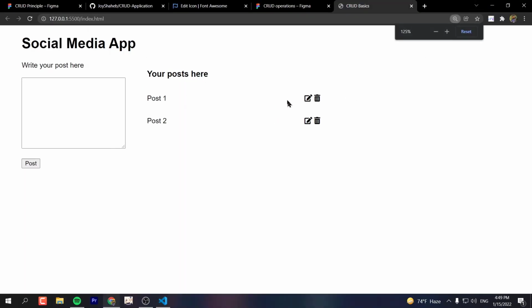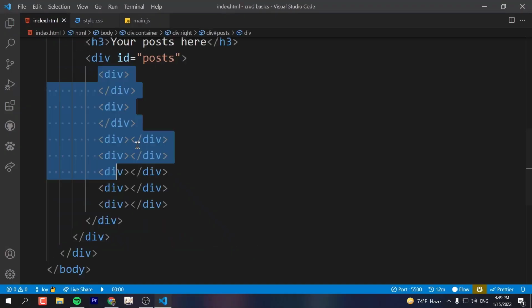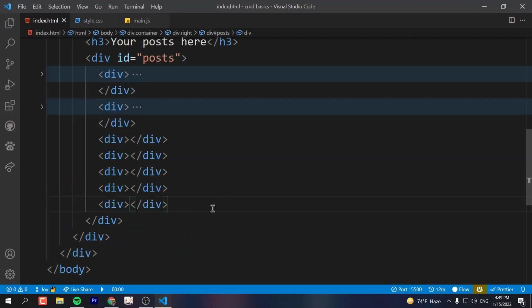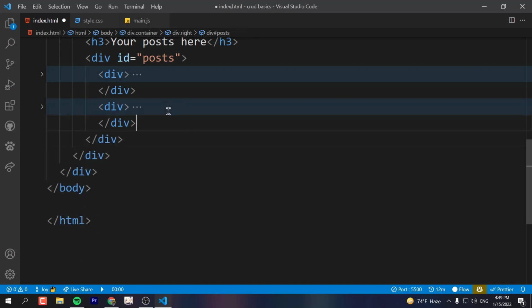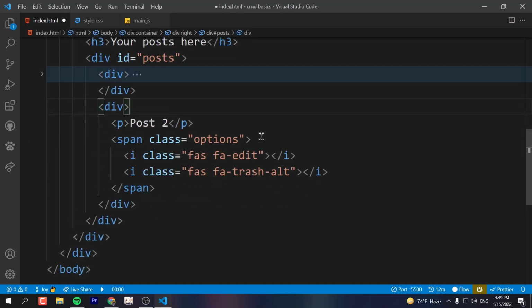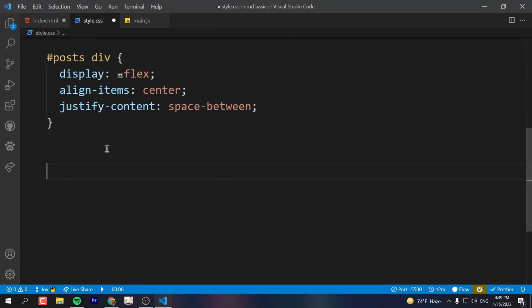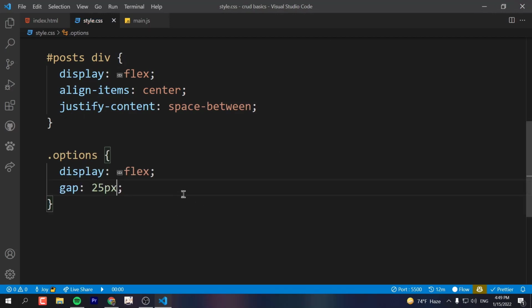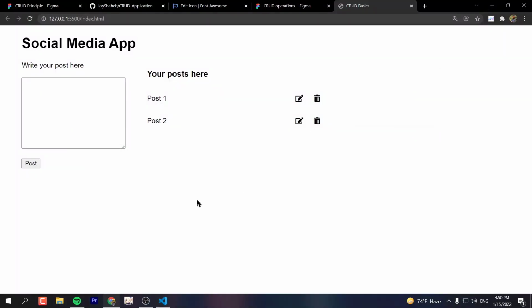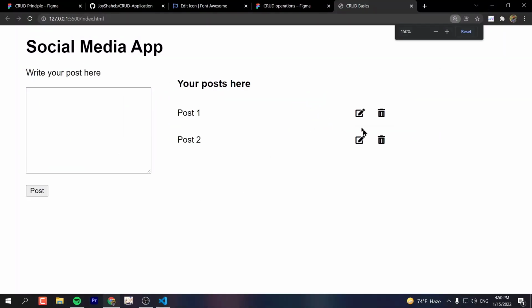So that's that. And now can you see this one? This icons doesn't have any gaps. So let's put gap in between these 2 icons. Okay, so the principles, the rules are the same. Okay, you're gonna first of all, let's remove these things and let's look what do we have. We have something called options. Okay, so let's first of all copy the options, come back here at the bottom. Okay, it's a class, so dot paste curly bracket. Okay, now display flex tab. Now you put a gap of, let's say, I don't know, but 25 pixels will do. You can just adjust the values here. Okay, no problem. So I'm gonna come back here and look at that, we have 25 pixel gap in between